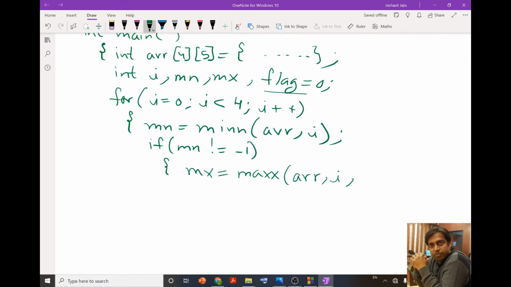As arguments, I am going to pass the array, the value of the row and the value of the column for which we are getting the minimum value. Meaning we pass the row number and the column number of the minimum value in row i. Now after that, we are going to check a condition. If mx is equal to 1.